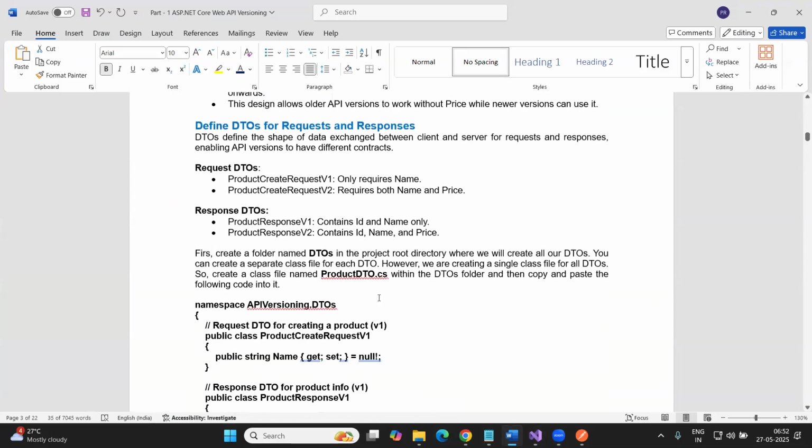Clear. Now what I'm going to do is create two request objects and two response objects. So what are the request objects? Basically, ProductCreateRequestV1, which will only contain the name, and ProductCreateRequestV2, which is going to contain the name and the price. For the existing client, for creating a new request object, they are going to use this DTO, which contains only the name property. The new client is going to use this version, where it is going to contain the name and the